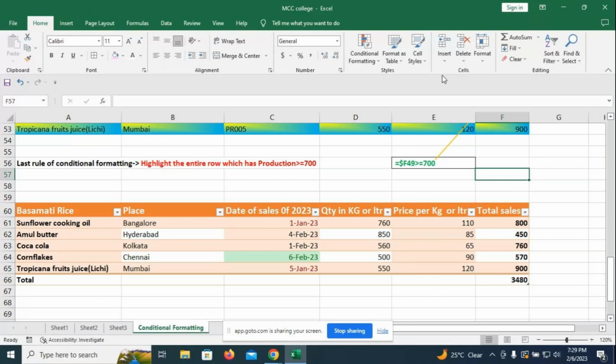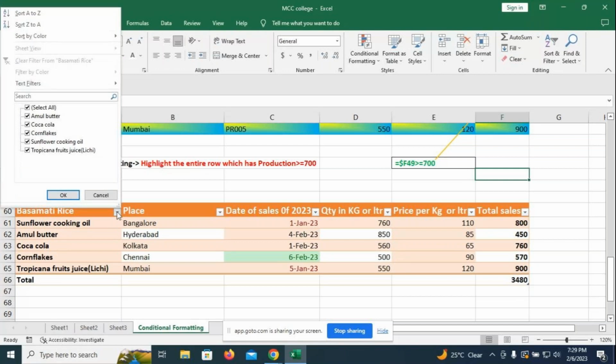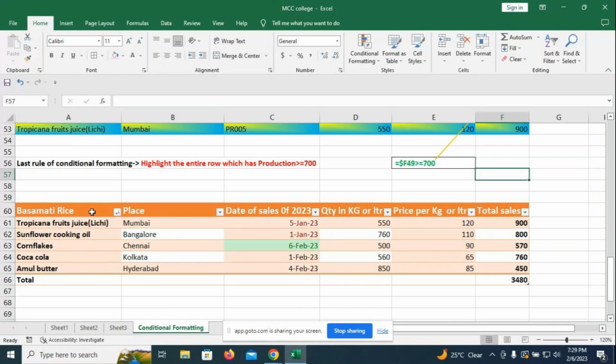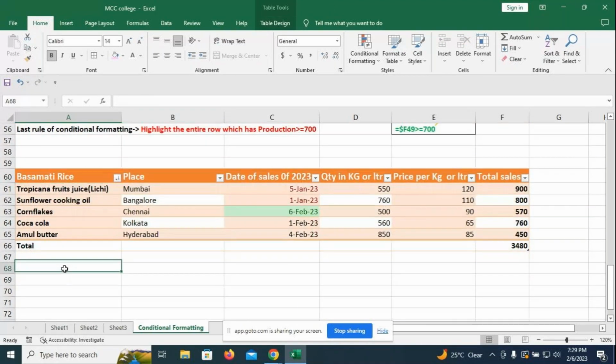Okay, so what will happen if this data is in functioning now? I can sort A to Z, Z to A like this. Correct, so this is Z to A. But once I convert into range, the table will stop functioning here. Okay, so I'll mention here, if the table